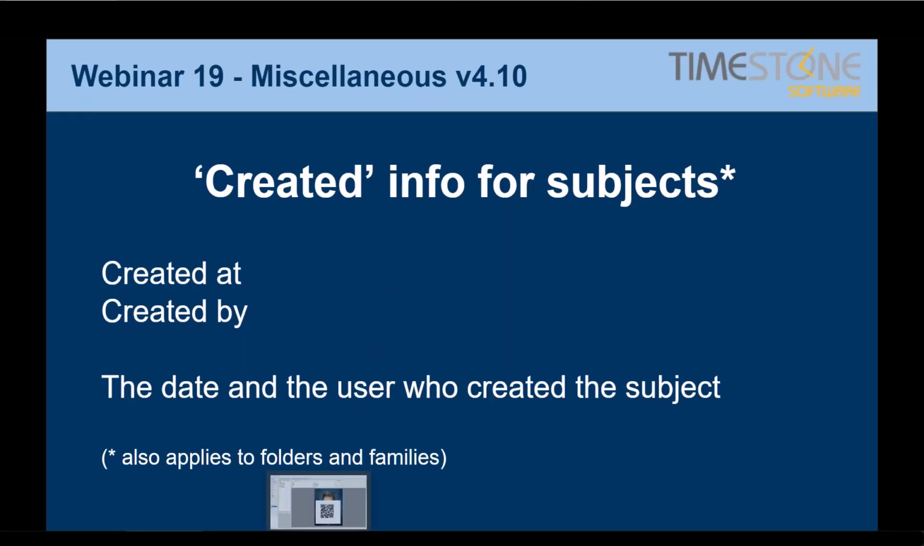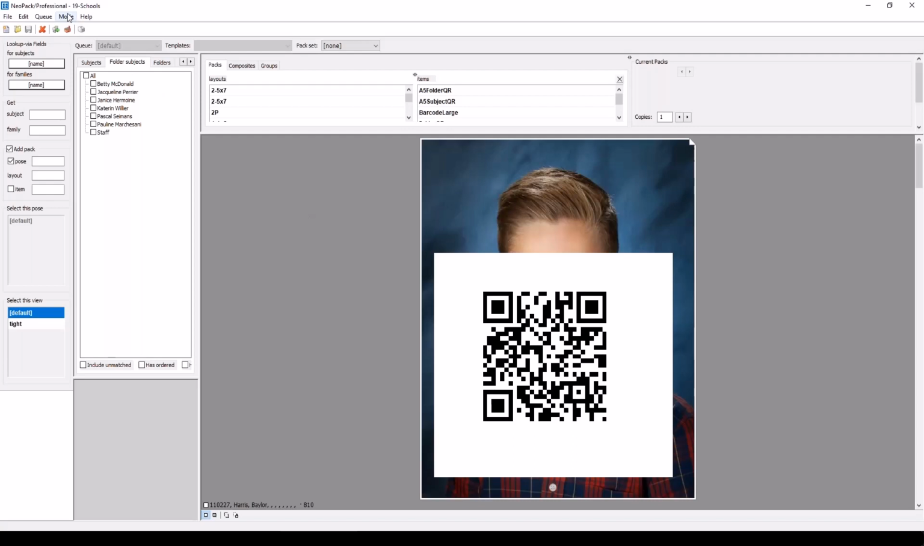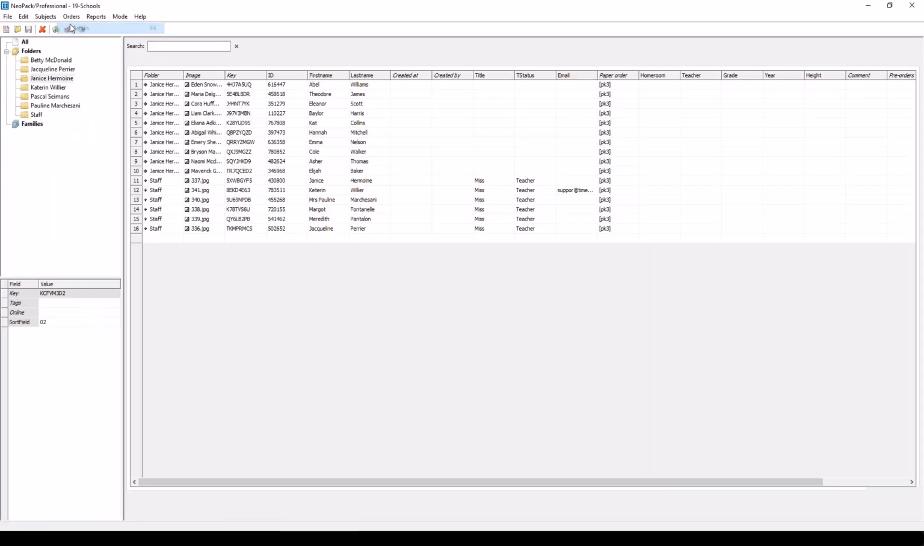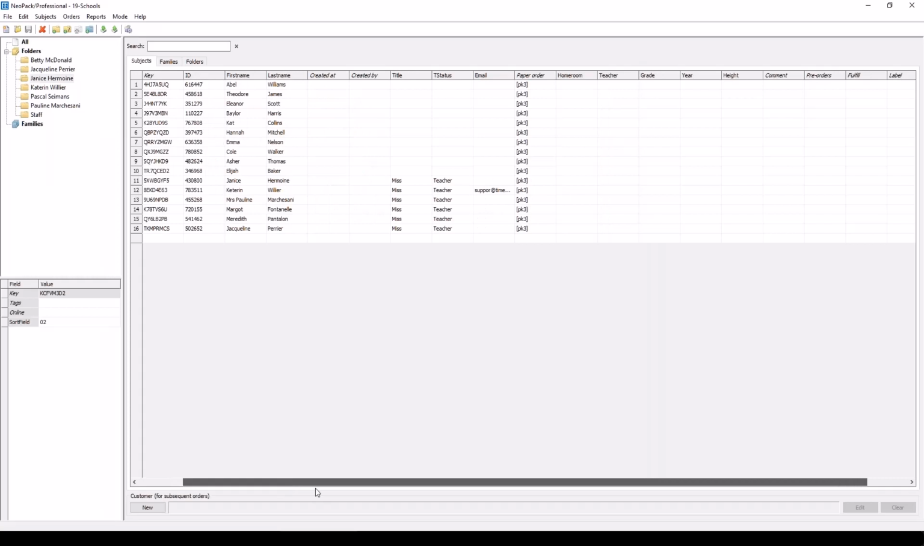I'll go back to Neopack and we'll stay in this job, details mode. You can see there's a couple of new italicized columns, which, by italicized, means we've put them there. They're not fields that you have defined. And there's a created at and a created by. They're blank. These subjects were already there when we did this update. But if I create a new subject,